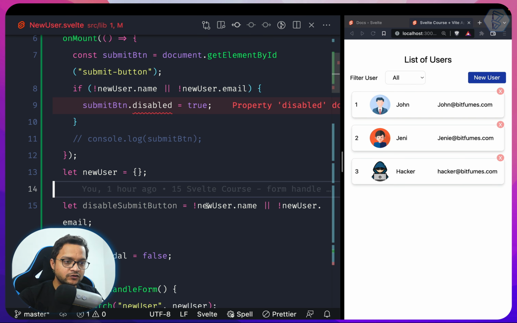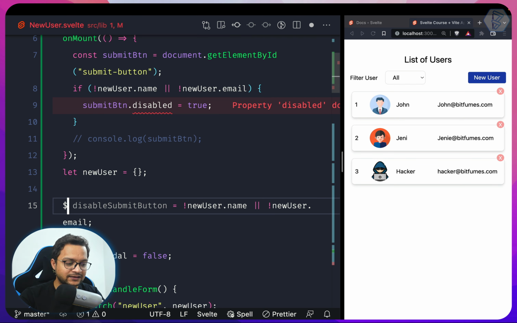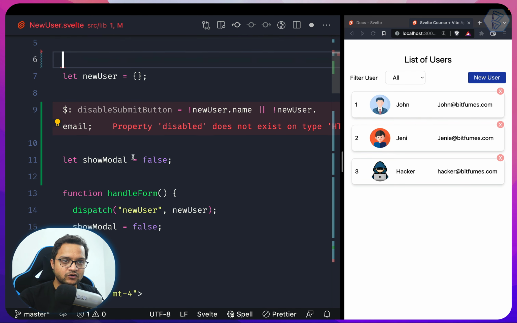Okay, so if new user dot name is not there, or if new user dot email is not there, then disable this button. But it has to be reactive, so I can do something like that. Now we have this disabled button, so let's move this on mount